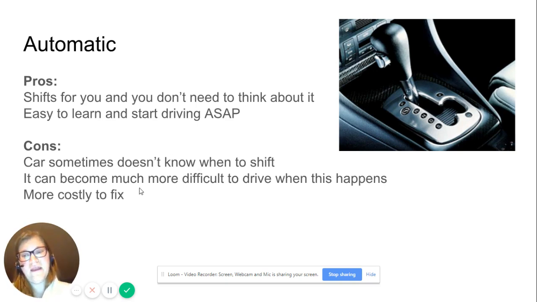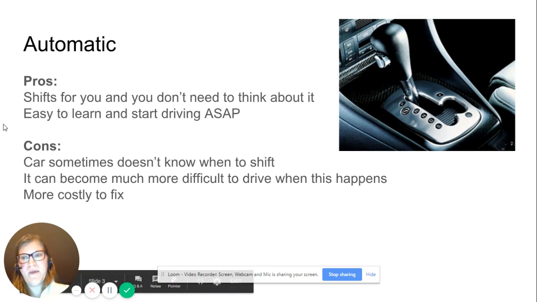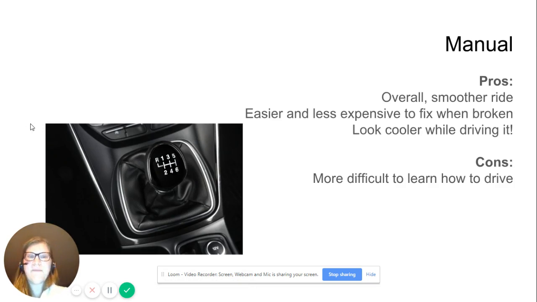It's also really costly to fix. When something's wrong with the engine in the last car that I had, we just got a new car earlier this year, we had to go in a lot last year because there was something going on with the engine. The transmission was not doing what it was supposed to, and it cost a lot of money. So an automatic transmission, while it might be beneficial in the short run, can be really problematic in the long term, which is the exact opposite for a manual